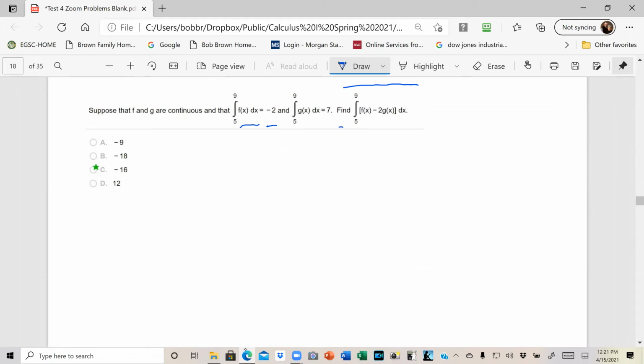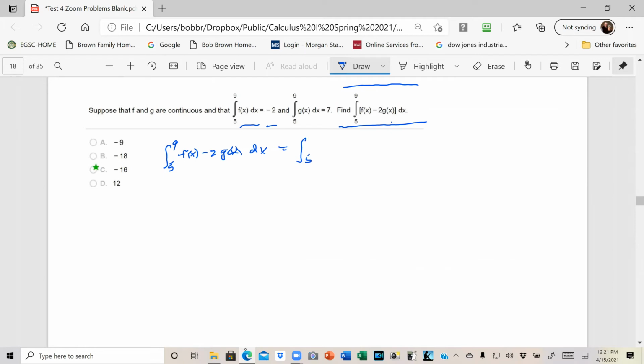And then we want to find the integral of f of x minus 2g of x from 5 to 9. So the integral from 5 to 9 of f of x minus 2g of x dx is going to equal,